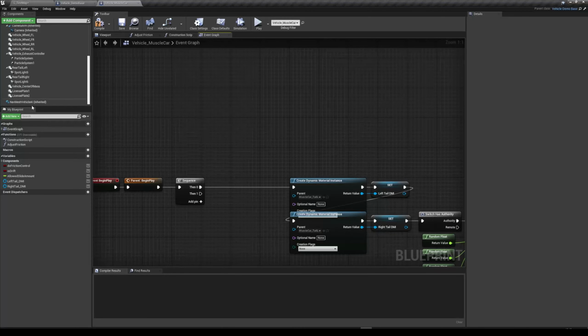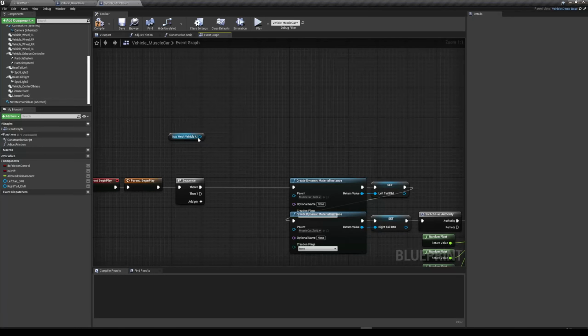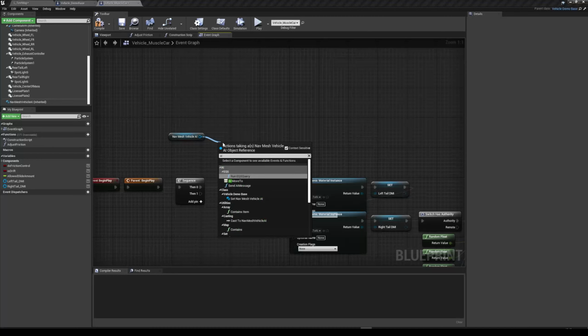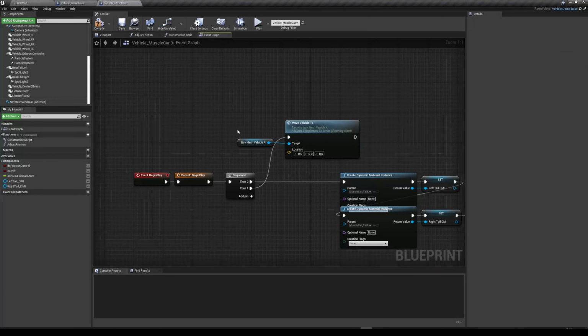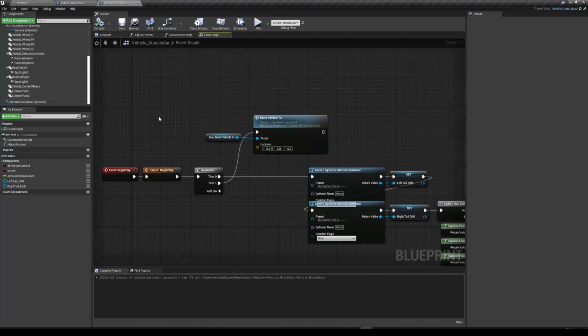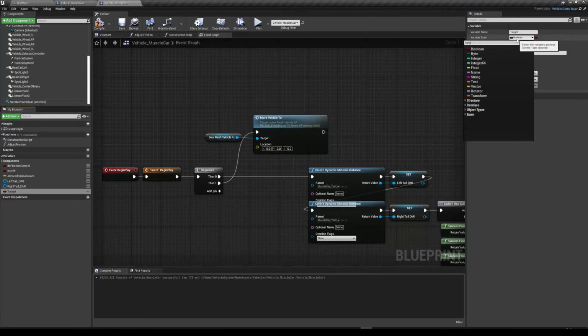And I'm just going to grab my component from back here and do AI move to. Sorry, not this AI move to. I call it vehicle move to. Sorry, it's been a while since I used the system or actually worked with it. So now we need to have a location. So I'm just going to create a new variable. I'm going to call this the target. Make this the target point,